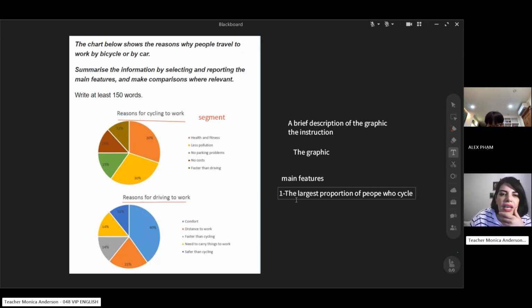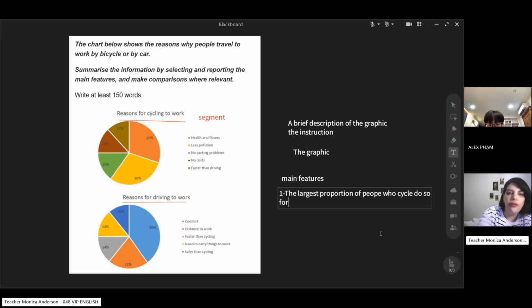okay, is, what is that? Is health and fitness, and let's see if there is another one. What? Yeah, of course, less pollution. Yes. So, who cycle,